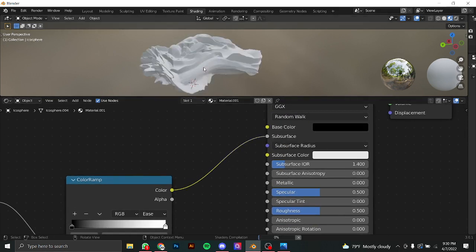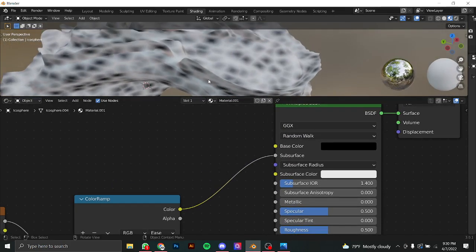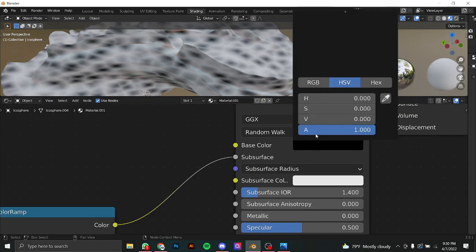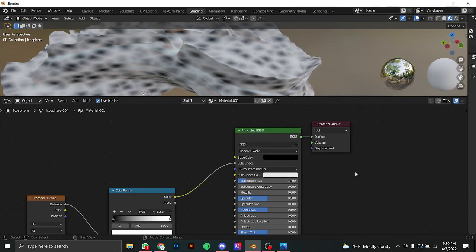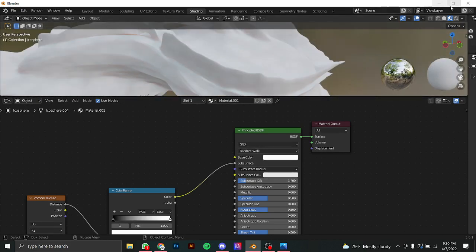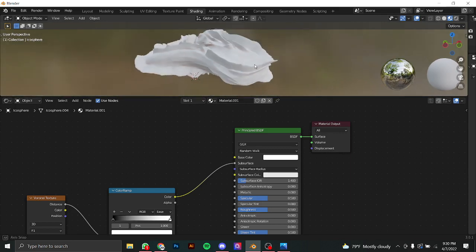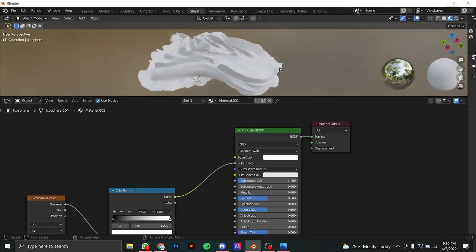Yeah, if you want it to affect the subsurface, it'll affect it too. Now subsurface, let's change the color again. So to see the subsurfacing,